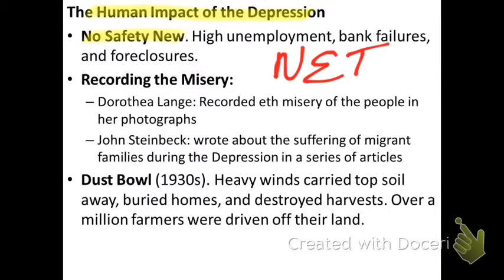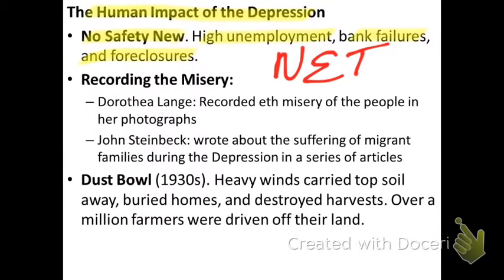High unemployment, bank failures, and foreclosures. Okay, because of the high unemployment, the bank failures and foreclosures, there was nothing there. There was no safety net. No one provided help. Again, as I mentioned in the previous video presentation, normally in a situation where you would